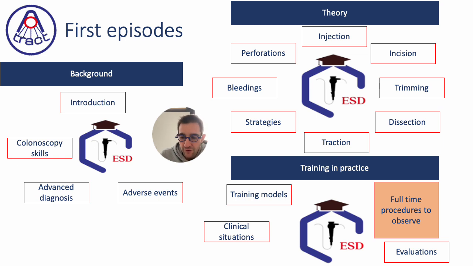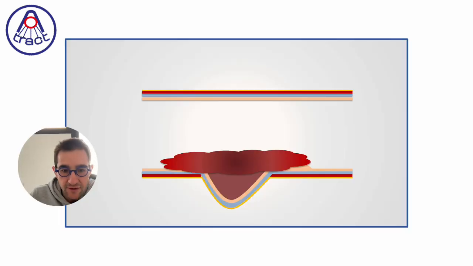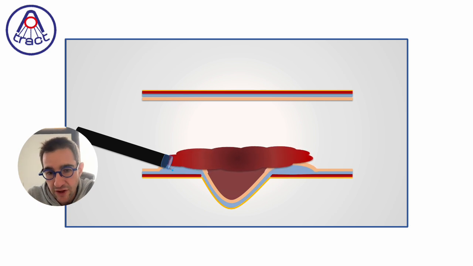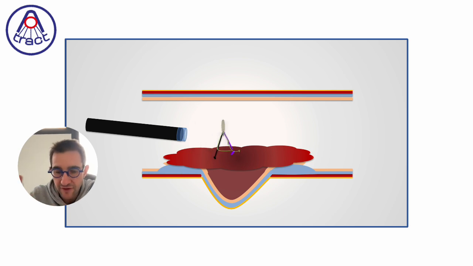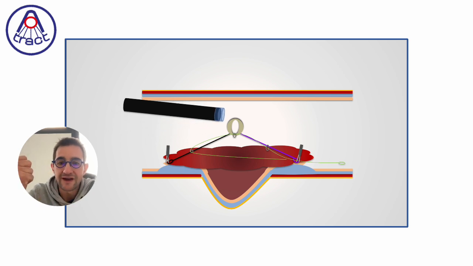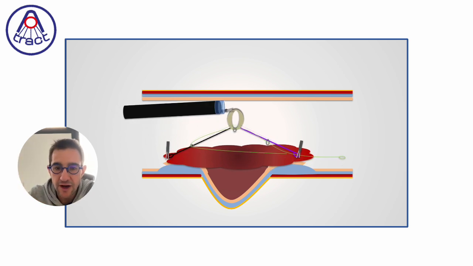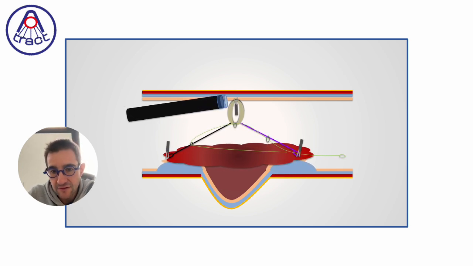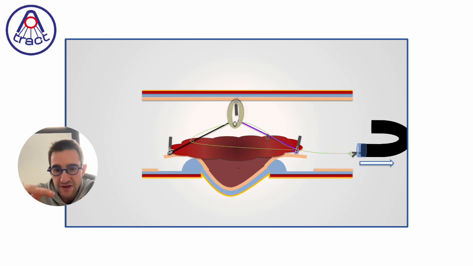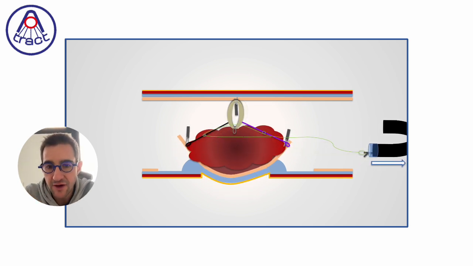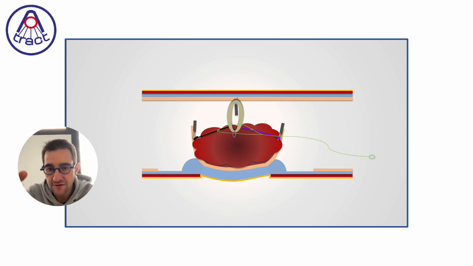It's a difficult strategy into the diverticula, and you will see that the strategy is relatively similar to the strategy we use for appendiceal ESD, because we will have to do a circumferential incision, a very strong traction to tighten and to pull the diverticula outside its hole, and it will be an ESD which will turn around the diverticula all around in order to have the traction mostly on the diverticula itself,